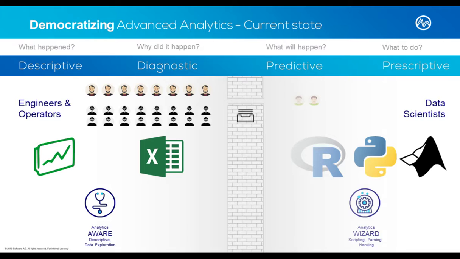And what exists in between is kind of a wall. There's kind of a barrier in between. And okay, there is some collaboration. There is some overlap in projects that are being executed, but it's mostly on an ad hoc basis that there's interaction. And we really believe in breaking down this barrier, bringing these two types of profiles together, because in the middle, that's where the magic happens. It's when you bring that process expertise together with the data savvy of people on the right-hand side. That's where the magic happens.